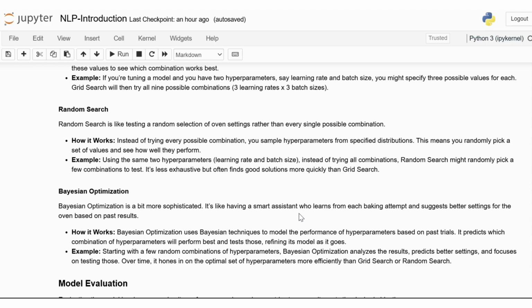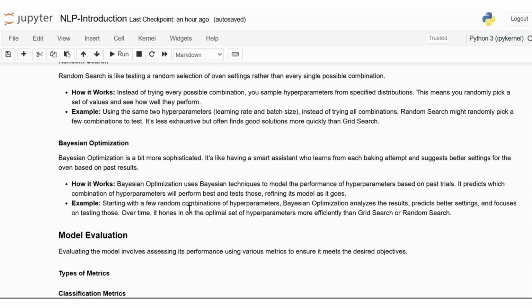It's like having a smart assistant who learns from each baking attempt and suggests better settings for the oven based on past results. Bayesian optimization uses Bayesian techniques to model the performance of hyperparameters based on past trials. It predicts which combination of hyperparameters will perform best and tests those, refining its model as it goes. For example, starting with a few random combinations of hyperparameters, Bayesian optimization analyzes the results, predicts better settings, and focuses on testing those. Over time, it improves on the optimal set of hyperparameters more efficiently than grid search or random